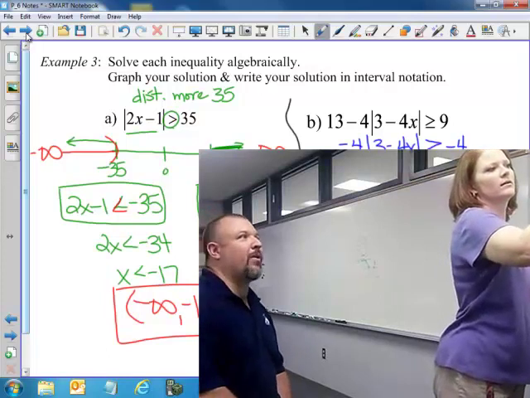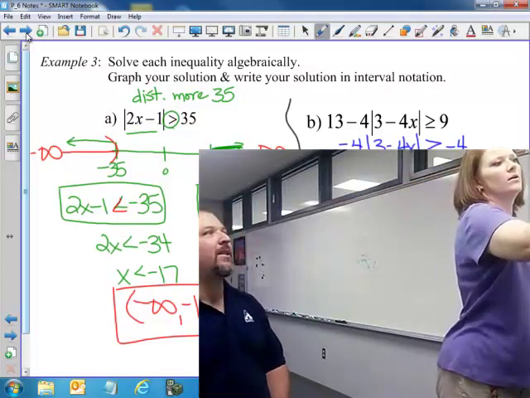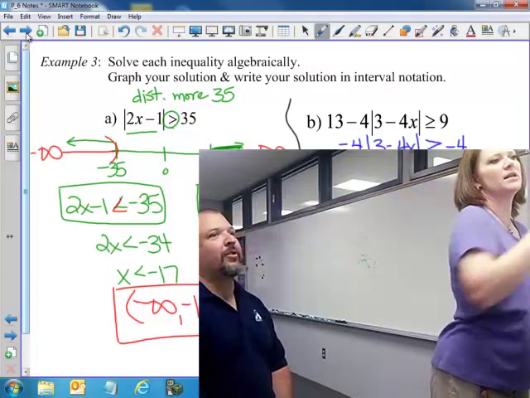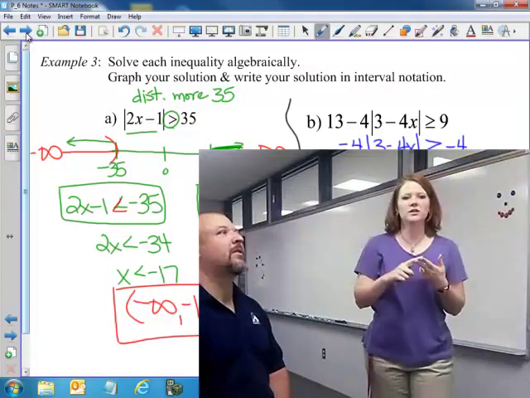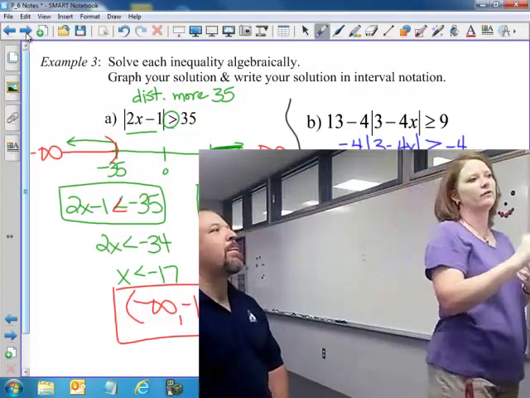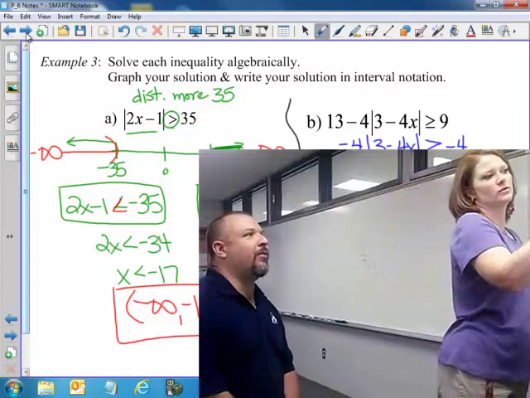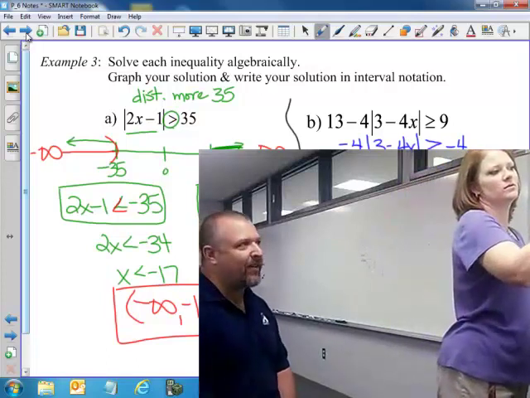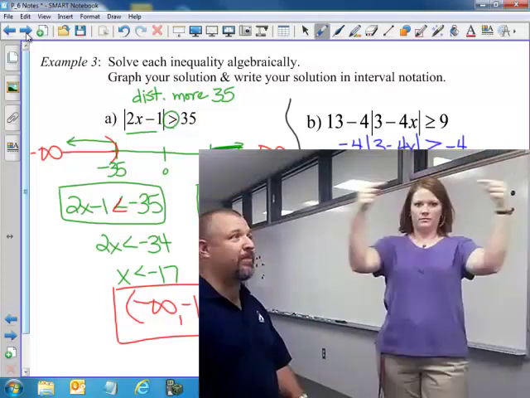Then we divide by negative 4, but what happens when we divide an inequality by a negative number on both sides? It changes or reverses the inequality. Multiplication or division by a negative, so be careful. All right, now we have the absolute value of 3 minus 4x is less than or equal to 1,